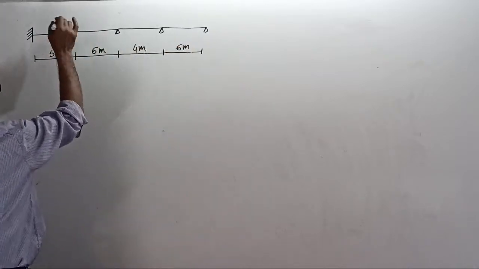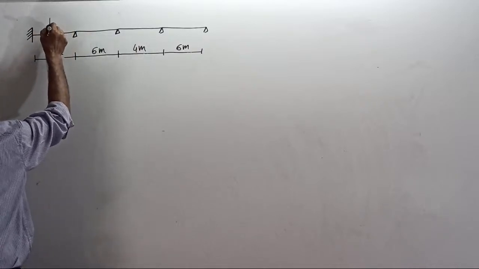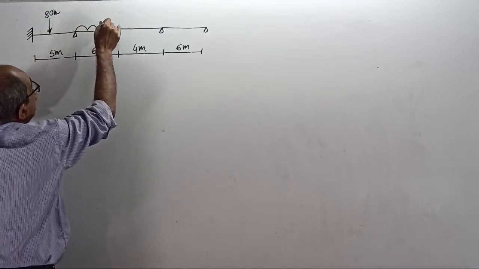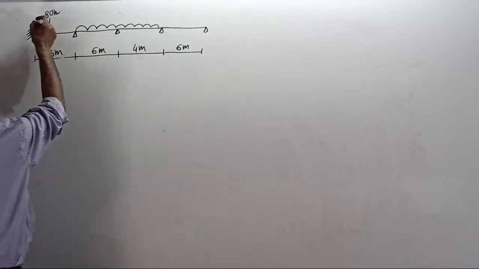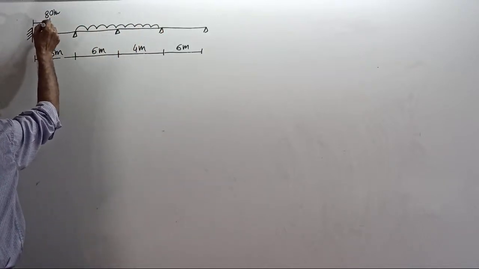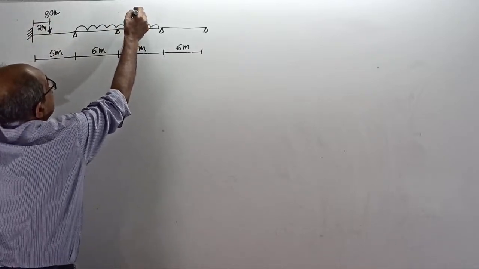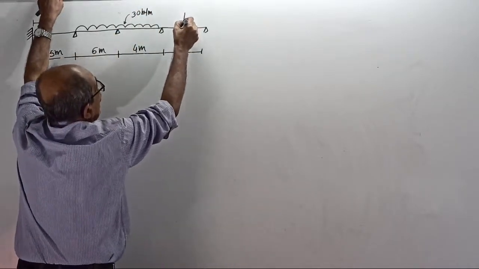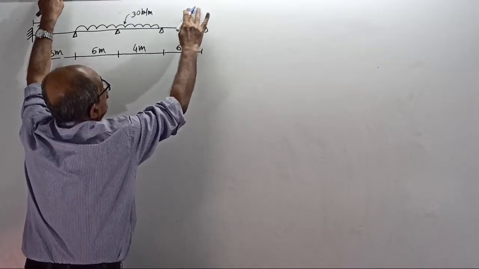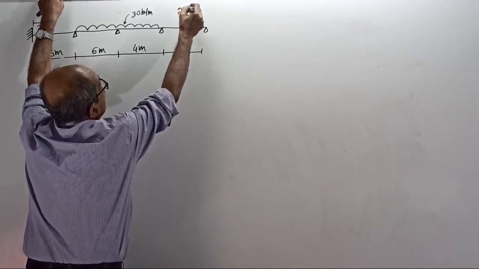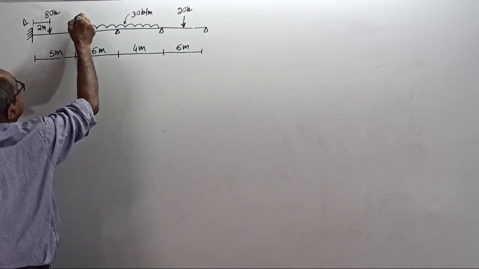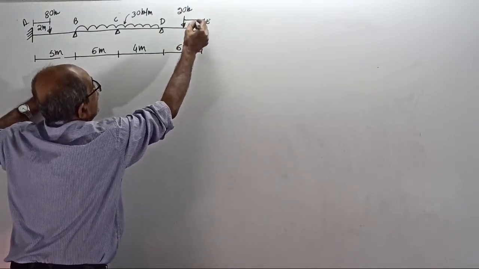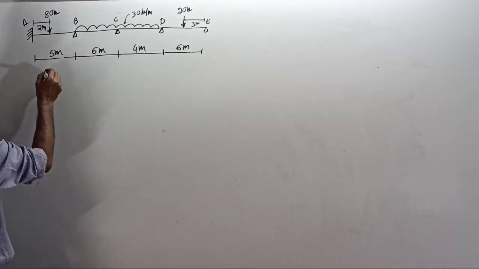Now, to save time, I will put a point load here of 80 kilonewton. Here to here I will put a UDL. This 80 kilonewton I will give at 2 meter. This UDL is some 30 kilonewton per meter. And here I will put a central point load of only 20 kilonewton. A, B, C, D. One master example. Once this is clear, nothing further. Central load, so this is at 3 meter. Okay. Now, given in the question,